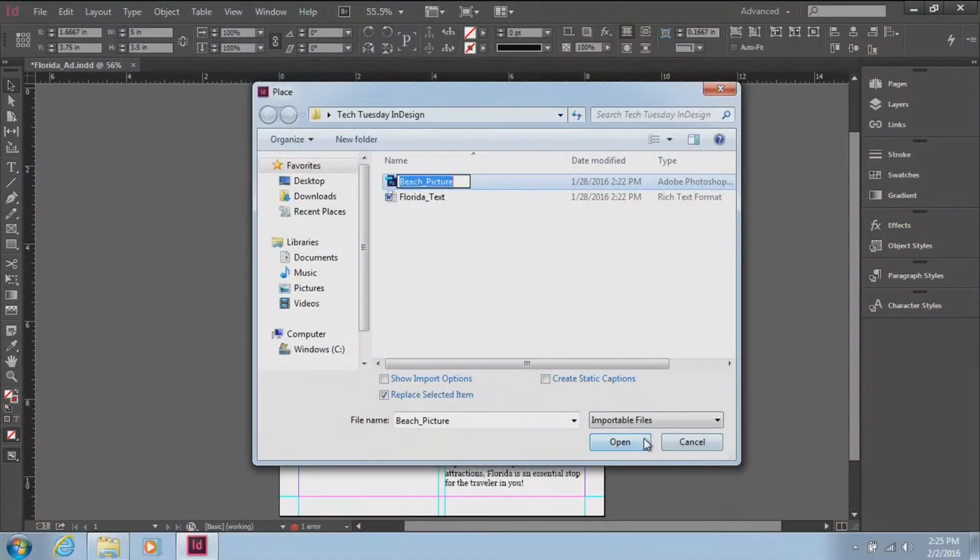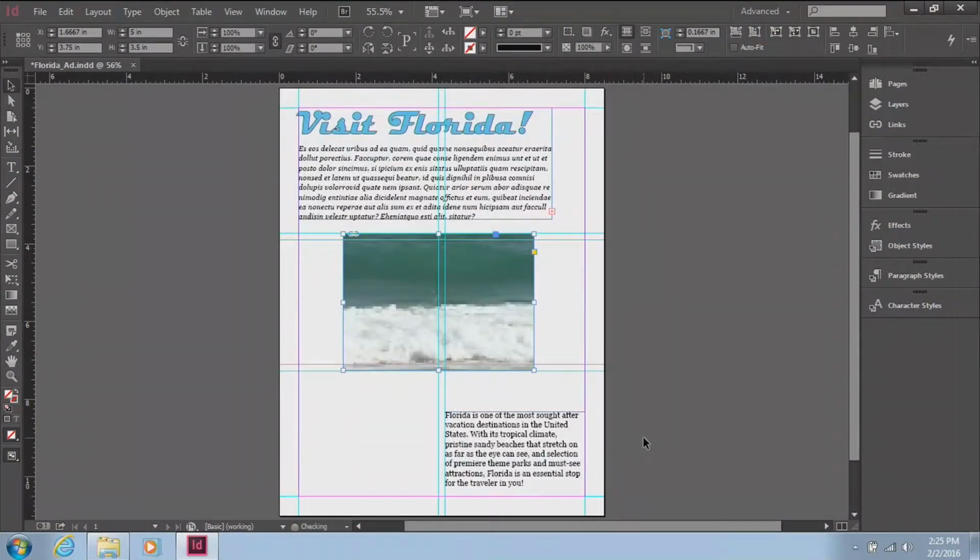So let's click that, and we're going to open our beach picture. And once you do that, yours might look a little crazy. Mine looks a little crazy. It's super large and pixelated. There are some different ways that we can fix the image size within the frame. If you go up to the top here on your control panel, if you hover over these options here on the right,